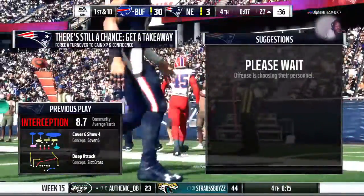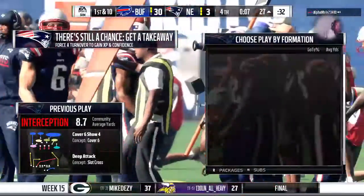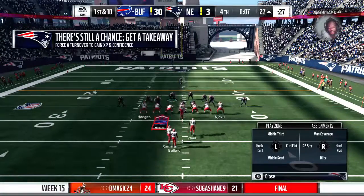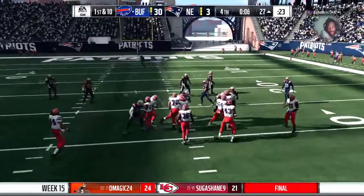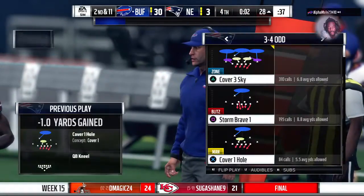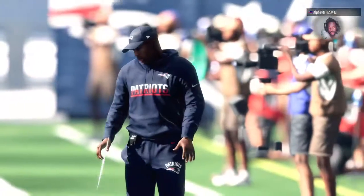Well, this defensive pressure has been constant all game long. The pass rush, the coverage, they've all been excellent, and now they'll tack on an interception here as this one continues to slip just further and further out of hand. Here we go. Defense still with 3 timeouts. We'll see if they want to use them here as the kneel down comes. A road win in the National